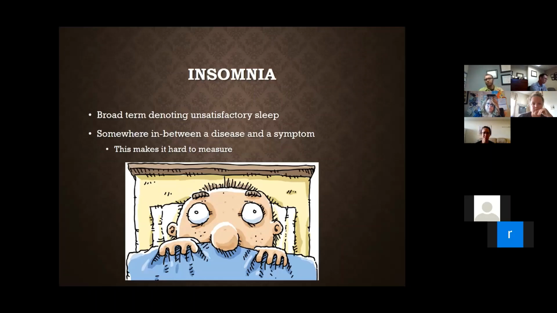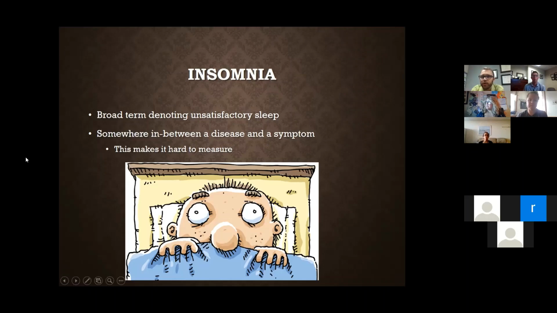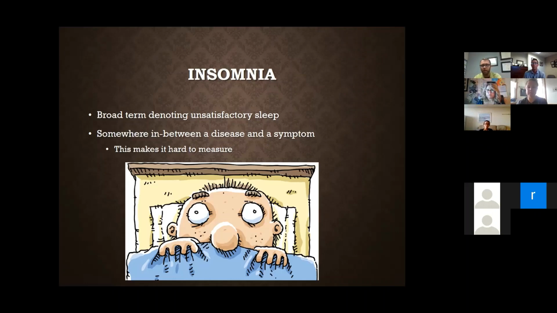So the interesting thing about treating insomnia is it is somewhere in between a symptom and a disease itself. And so many things about this is like a vicious cycle. The insomnia causes worse mental health, so that mental health causes insomnia, and we go round and round, and kind of the snake eats its own tail. That is because so many things in society, in culture, in medication management cause insomnia as a problem, and vice versa. And so keep that in mind throughout the presentation.